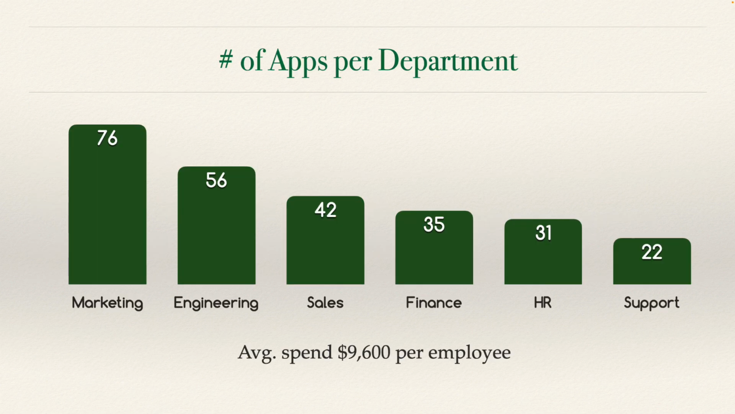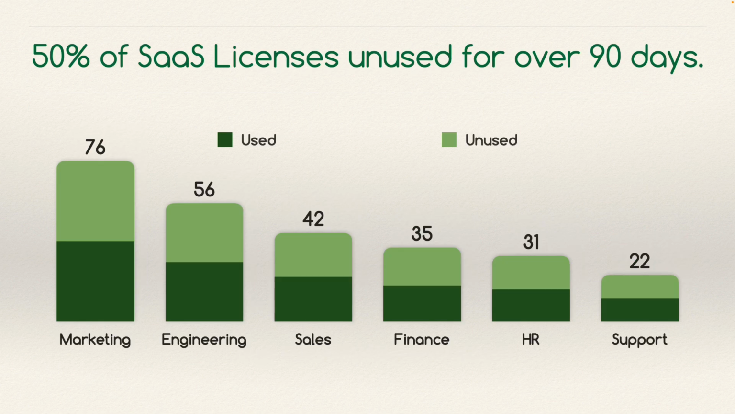The average company spends $9,600 per employee on SaaS every year. But here's the issue. 50% of those licenses go unused for more than 90 days. That means thousands of dollars per employee are wasted annually on software that no one is even using. The problem isn't just cost, it's also visibility. If you don't know who is using what, you can't optimize your renewals, reduce unnecessary spending, or identify security vulnerabilities